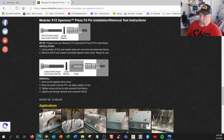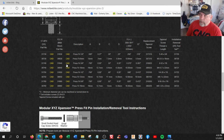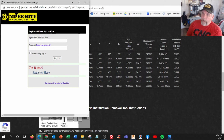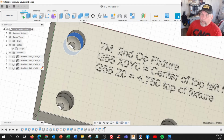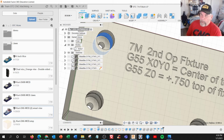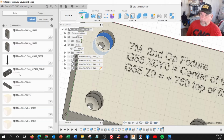Using some of these techniques here. But if you see right here, it says CAD file. So what we did is we went in and found the file. You have to actually register. But we were able to download the file. Some of this Mighty Byte stuff is available online, right in Fusion, but this one wasn't. So in CAM samples, there's some other stuff. But anyway, I have a work holding section, and I have a Mighty Byte department. So these I imported, and these other ones are another fixture we're going to work on. So these are the ones I imported,